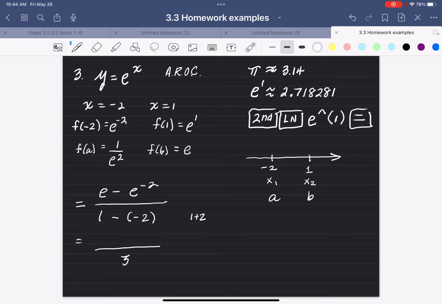So second ln e to the 1, close my parentheses, minus second ln e to the negative 2, close my parentheses, and hit enter. That comes out to about 2.58295. And I've rounded it to 5 decimal places so that we can be accurate to 4. I have to divide that by 3, and I get an approximate value for this answer, and this is also approximate because we approximated the e value,